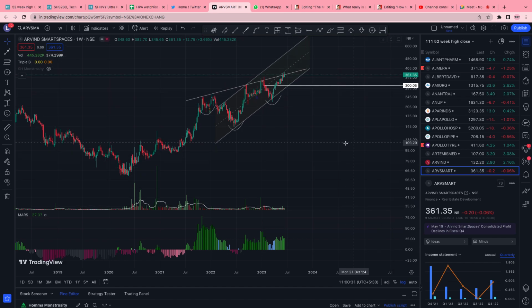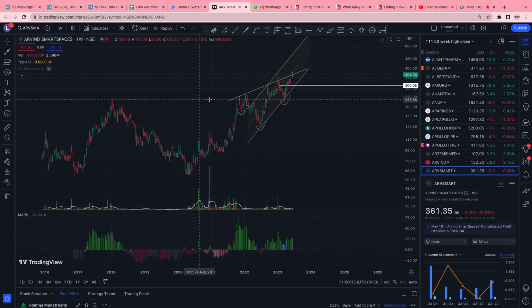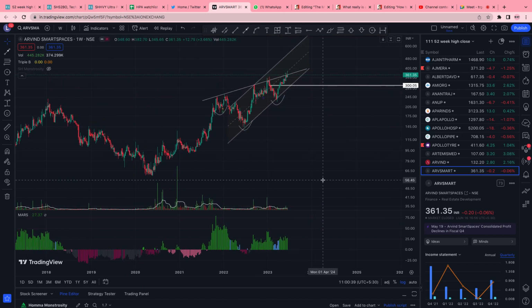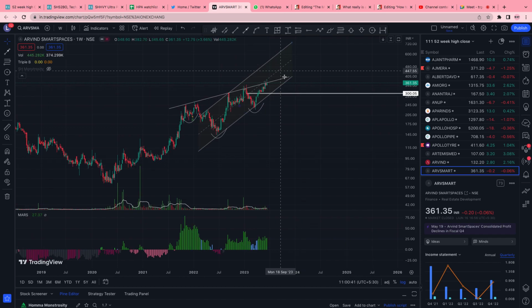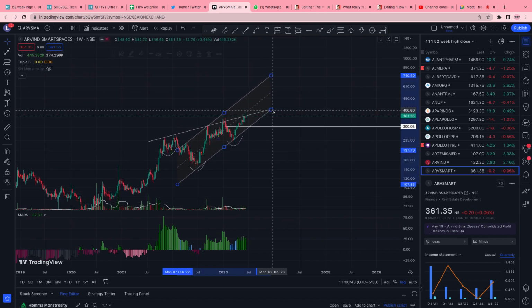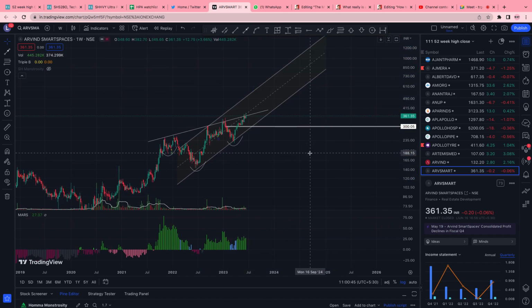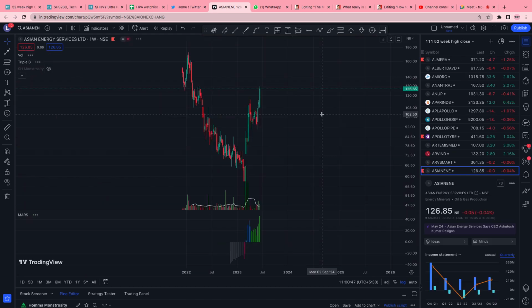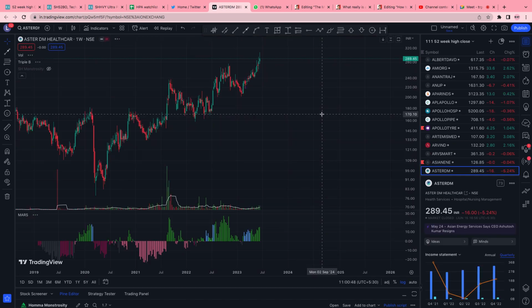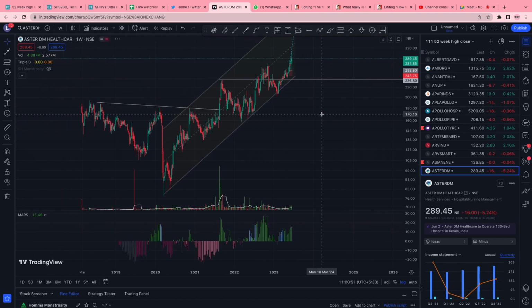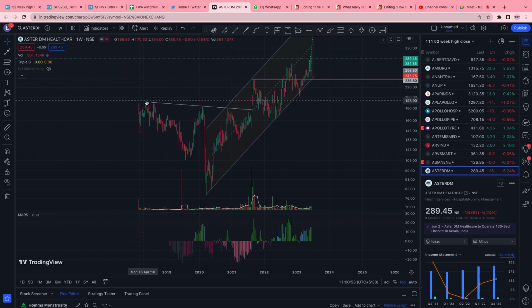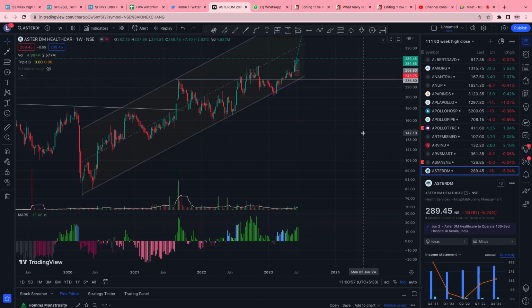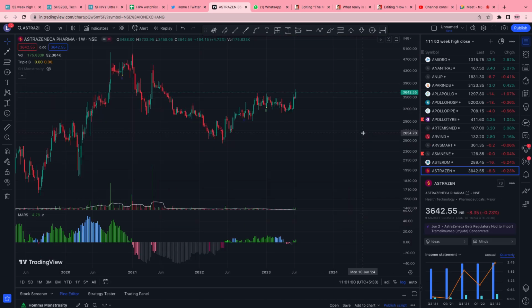Arvind Smart Spaces, so this also reached the previous high back in 2021 itself, and then I don't like this base, but looks like the uptrend will follow in this kind of a channel. Yeah, so this is another name. This was the previous high, it broke out, formed another base, and looks like it is going to be the